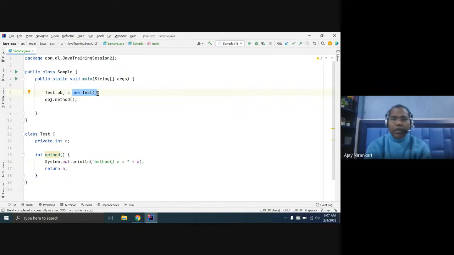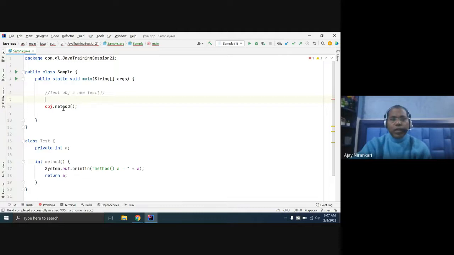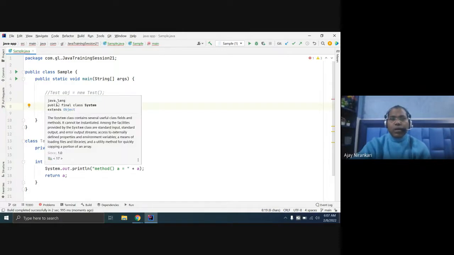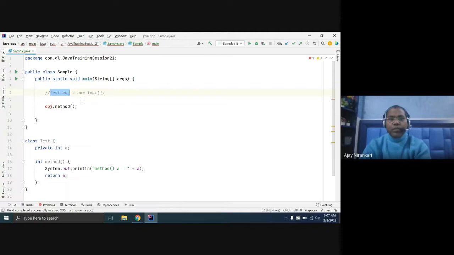Is it clear? If I just have not created this object, is it possible to invoke this method anyway, somehow? No. Even if you assign null by default, we still cannot invoke this method, because the object is null, the object is not created with new, so you cannot invoke this method.